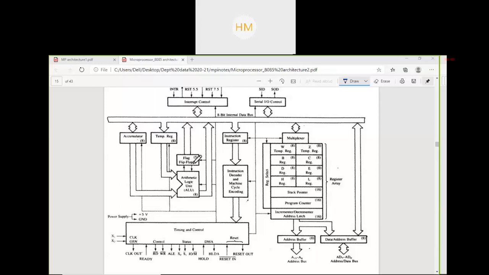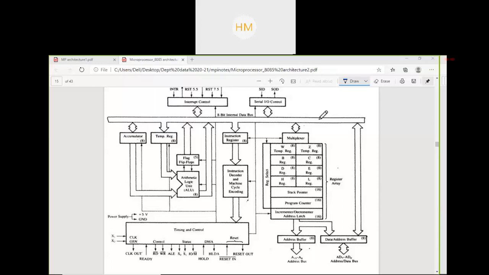Flags are set or reset to reflect the results generated by the ALU. Temporary registers are used while executing some instructions. The accumulator generally stores one of the input values, and for many instructions it also stores the output.